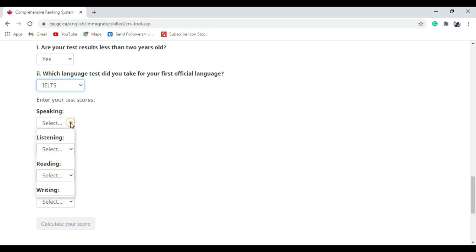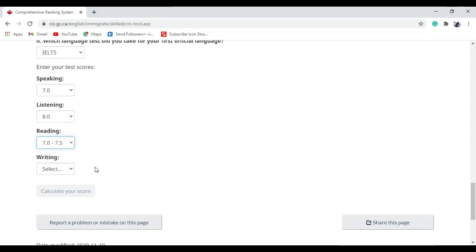So the first part is speaking. In speaking, we are taking the score as 7 because we are targeting this profile with a CLB 9. In listening, we are giving 8. In reading, we are giving a 7 to 7.5 range, and in writing, we are giving 7.